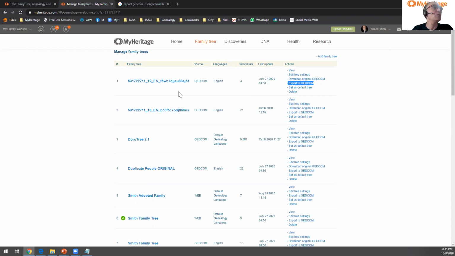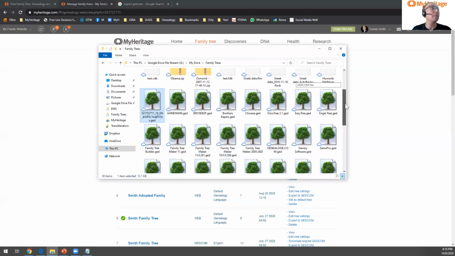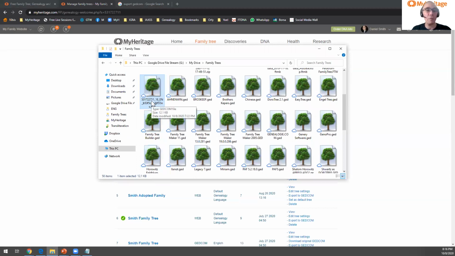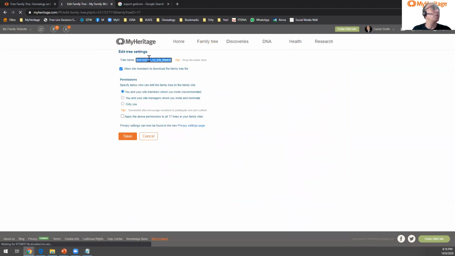Now, one other thing I wanted to show you here is that definitely you may not want your tree with that ugly name that you have over there. And the reason for that name is because that is the name of the file. So you have two options. Either you rename the file when you download it into your computer, like I have it here, so I will be able to rename that file from here without any problem. Or another option is that you can come here to edit tree settings, right here, the second option that you have. And in here, you will be